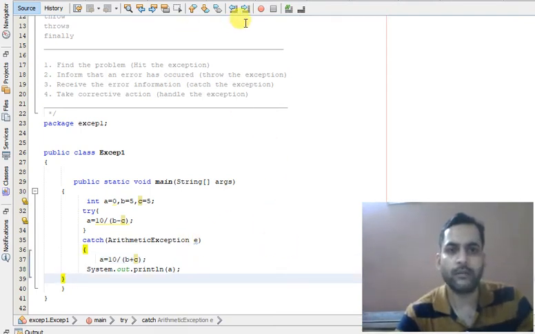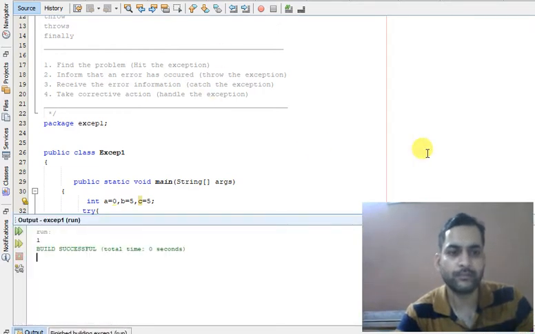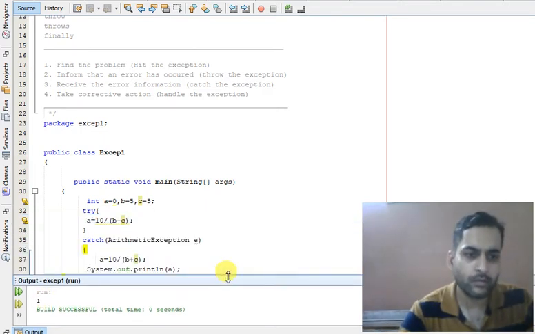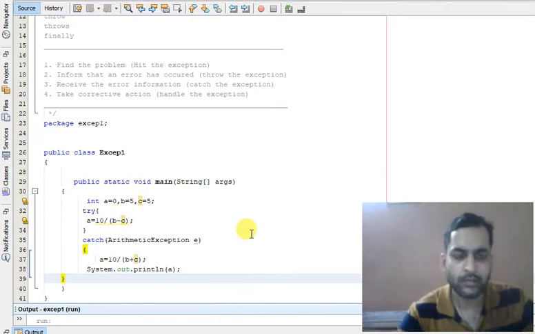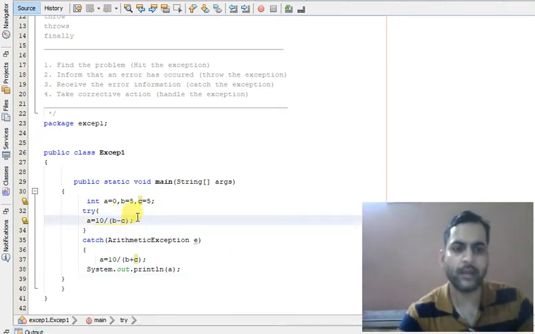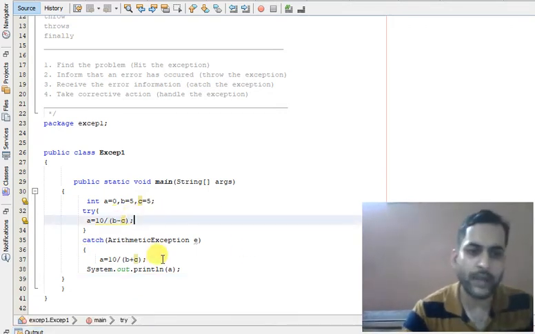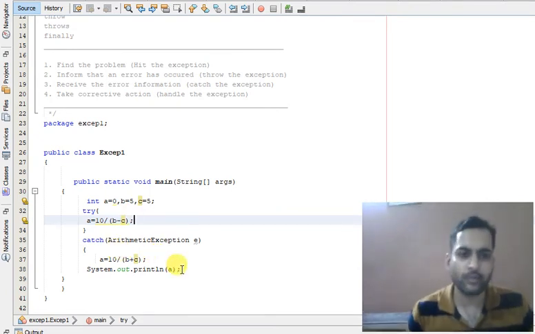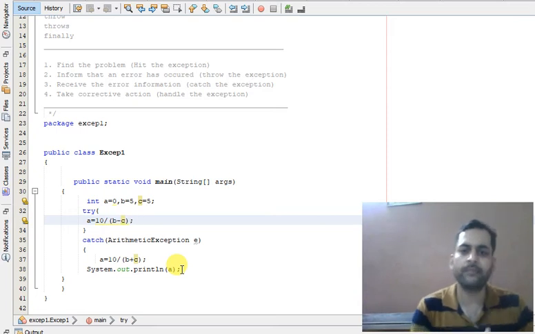If I run it now, you can see this program runs perfectly. This line produces the exception, but we handle it inside the catch block and our program runs fine. So this is the beauty of exception handling.